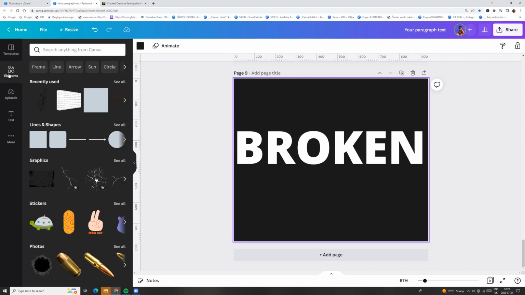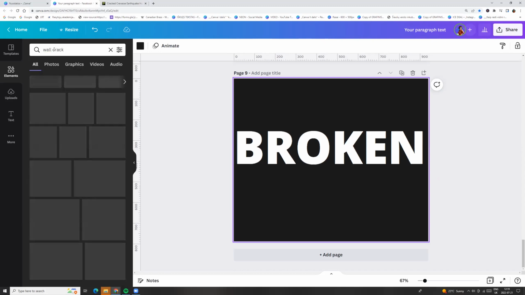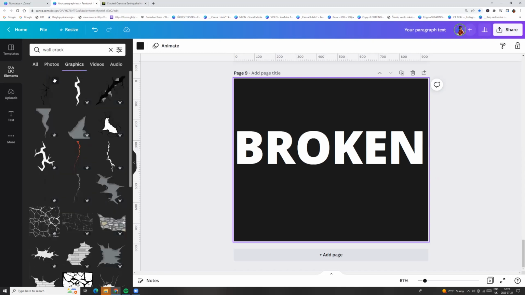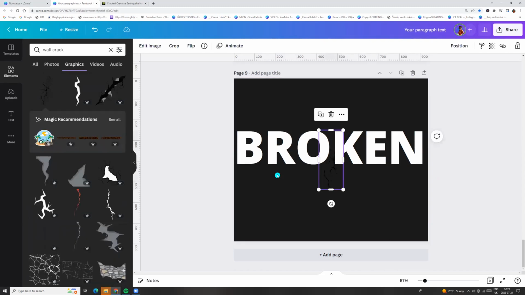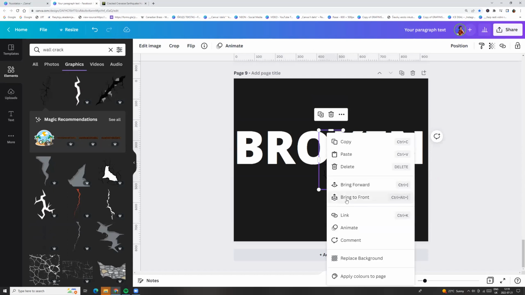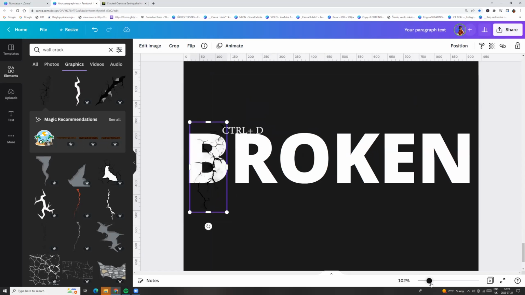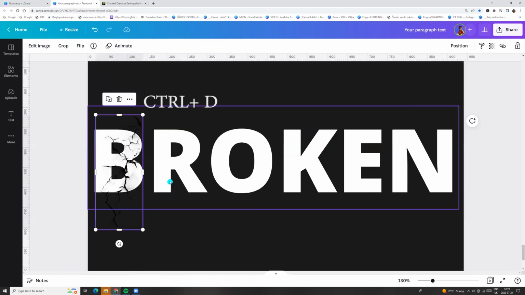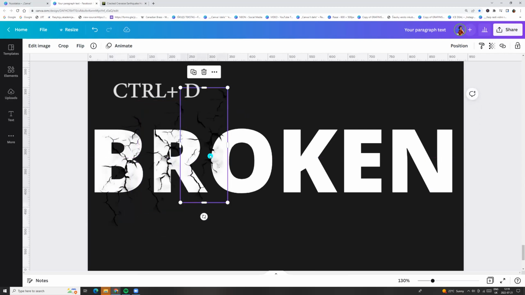Now let's go to the elements and search for wall crack and choose graphics, and the first one is already free, wall crack. We can click on it, click right button and bring it to front, and now we can just play with it, duplicate, click Ctrl D, and